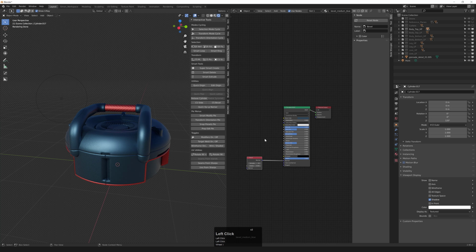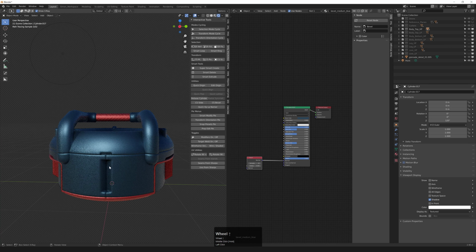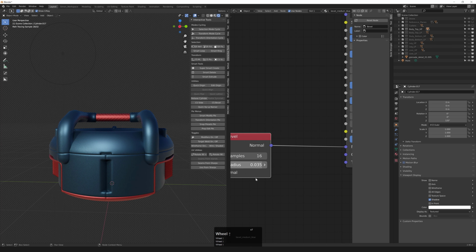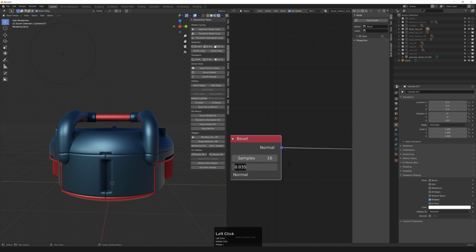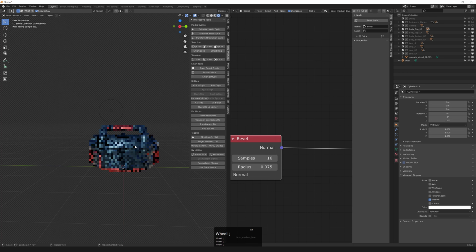Now what I want to do is show you what happens when I change the radius value here. So right now it's set to 0.035. Let's set it to 0 and you can see the bevel disappears entirely. And I can do 0.01, we're getting a small bevel. I can do 0.02, we're getting a bigger bevel. 0.03, even bigger. And if I do 0.75, you can see this is totally overblown, and 0.075 you can see